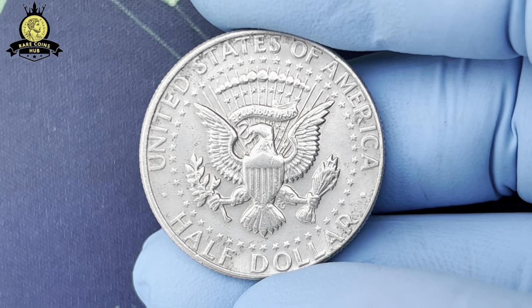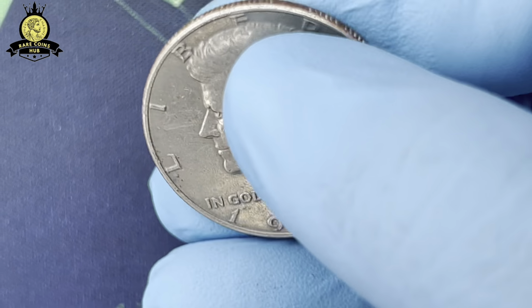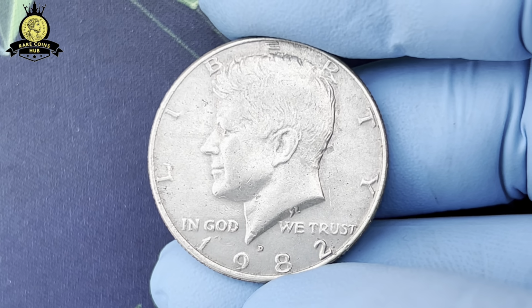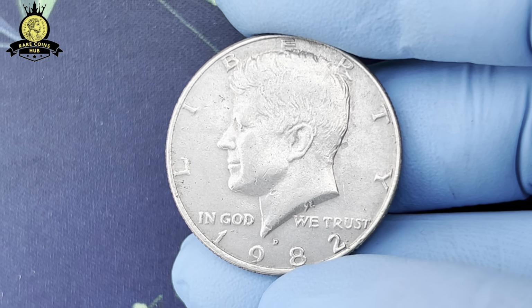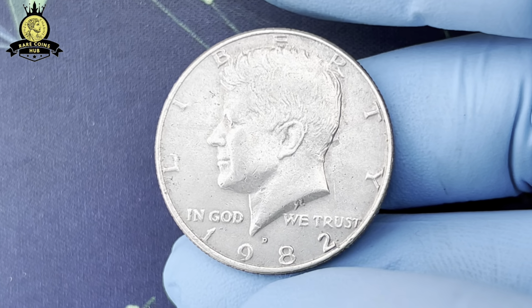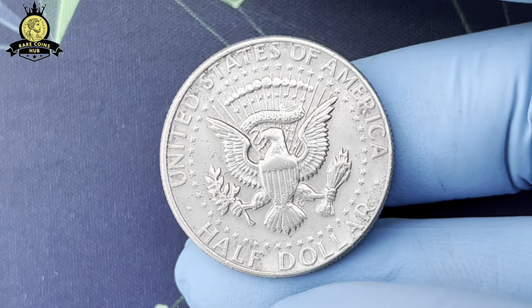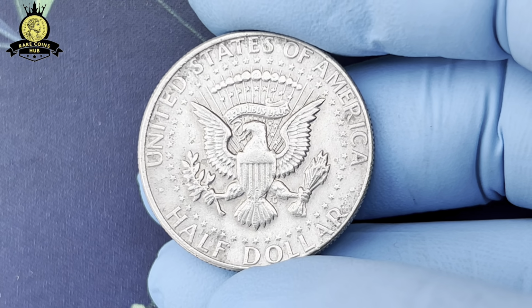Take, for instance, the story of a man from Minnesota who kept a handful of half-dollars from his youth in a coffee tin on his workbench. Among them, he found a single 1982 D Kennedy half-dollar with extraordinary luster. He sent it in for grading on a whim, only to discover it had earned an MS-68 designation, one of the highest ever awarded for that year. That coin later sold at auction for over